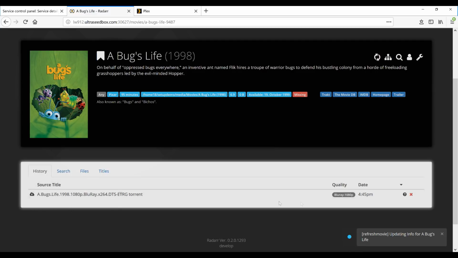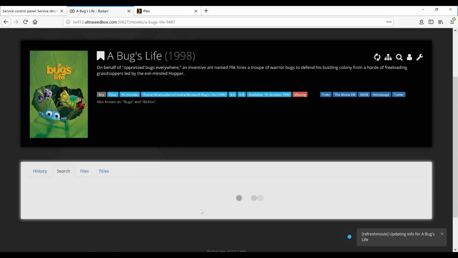It's been in our criteria, which is Blu-ray 1080p, and there's a little icon here: movie grabbed from which indexer and sent to our download client. You may get several results in here. This is the history, so if you end up clicking on search, it'll give you several results, and this is an unfiltered result list that you will get,